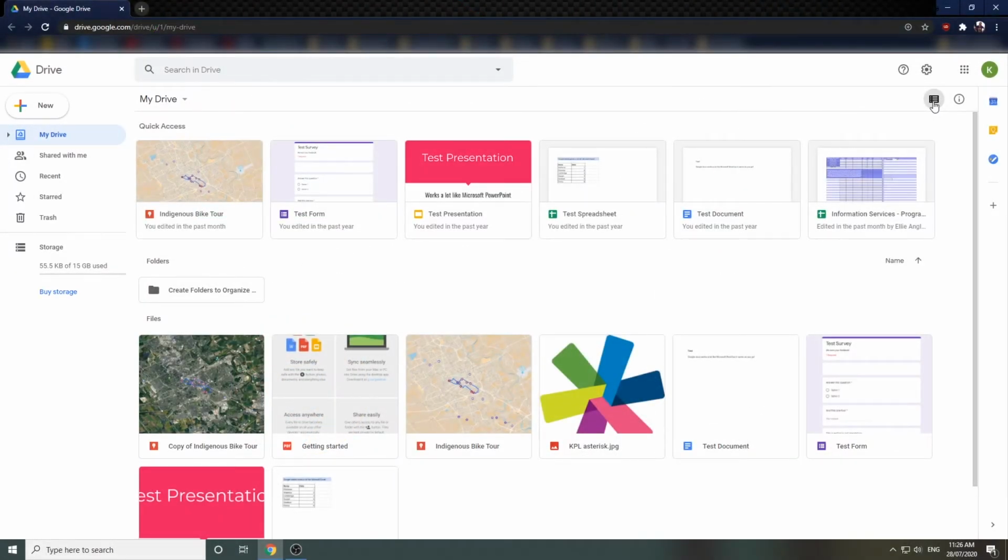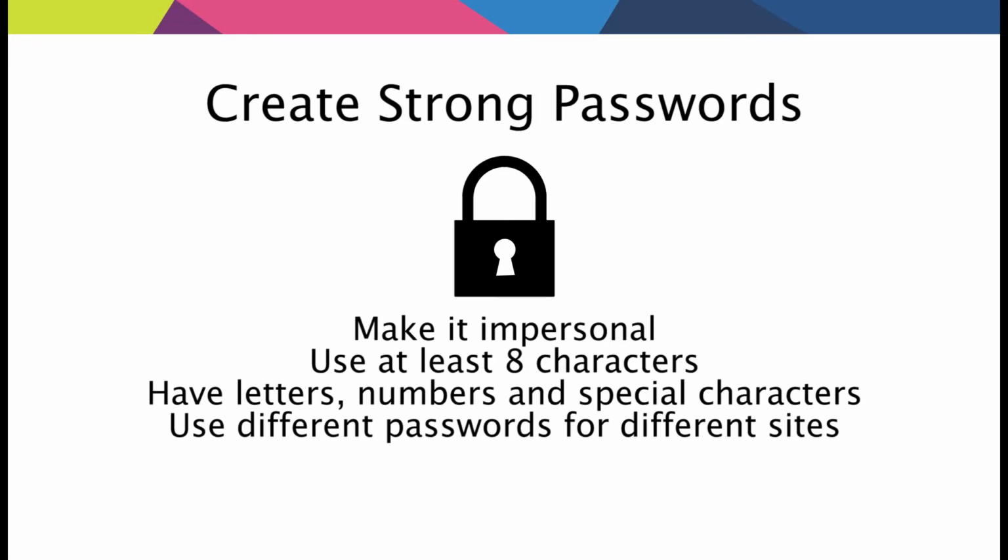Google Drive comes with 15 gigabytes of free cloud storage. Cloud storage means that files are stored online instead of on your computer, in this case Google Drive, and are available anywhere online when you sign into your Google account. You can see your available storage on the left-hand menu when in Google Drive. Remember that your files are only as secure as your Google account password. Create a strong password and keep it safe.